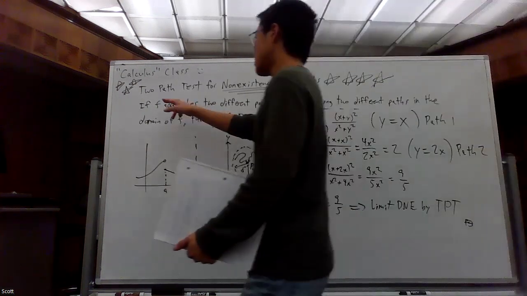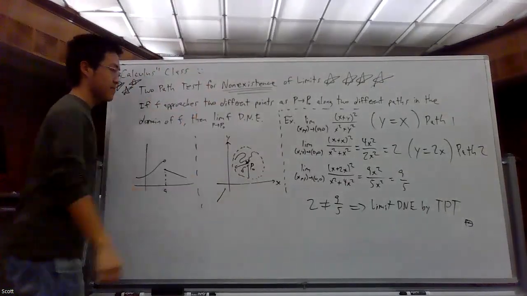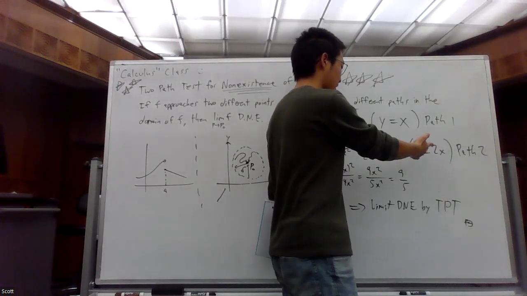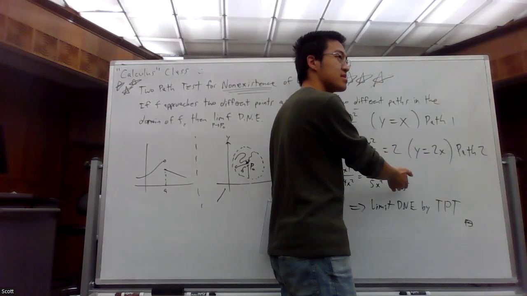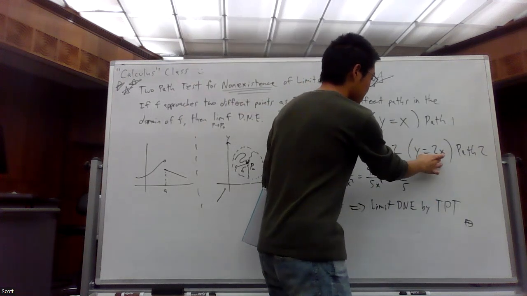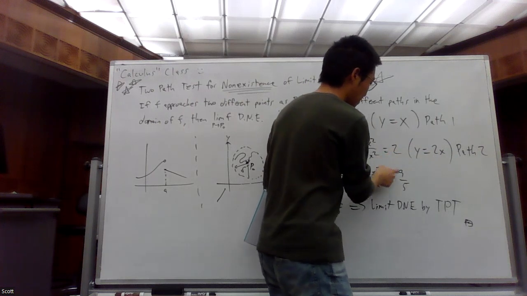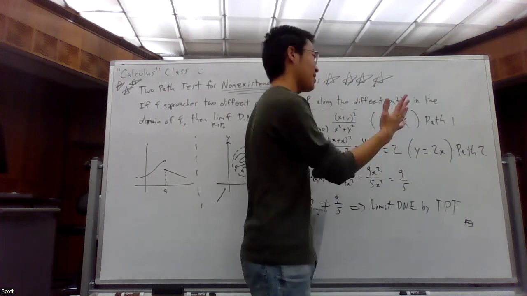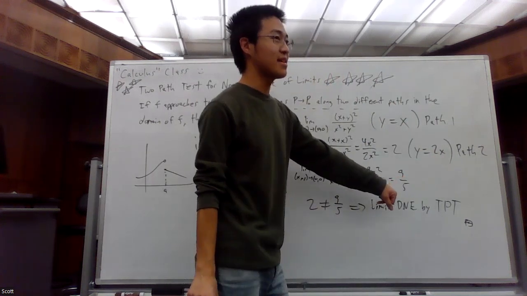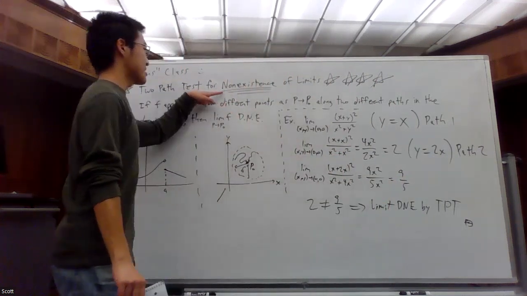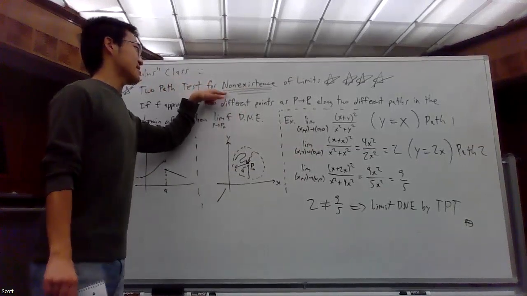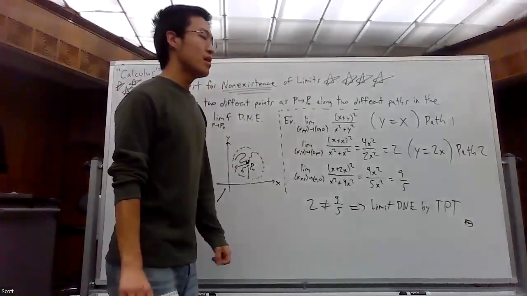So again, this is a 2 path test for what? Non-existence. Okay. So say you're doing your work and you happen to choose a path that gives you a correspondence. Oh, it exists. No, not necessarily. Just because it happens to work out, if by some miracle you manage to find 2 paths that get you to the same thing, that does not guarantee the existence, because this is a test for what? So don't use a test for non-existence to try to prove existence of something. And it'll be given to you.